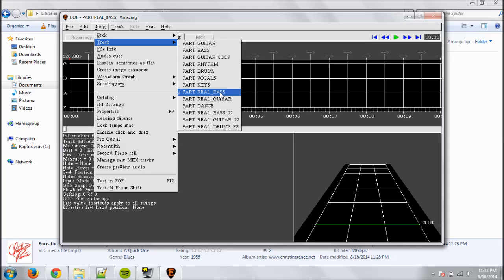What I always do is go to part reel guitar, but right now we're going to go to part reel bass, because this is like a bass focused song. It starts off with bass, so you're going to want to do bass first. I will say though, it says part reel drums. You can't use that because